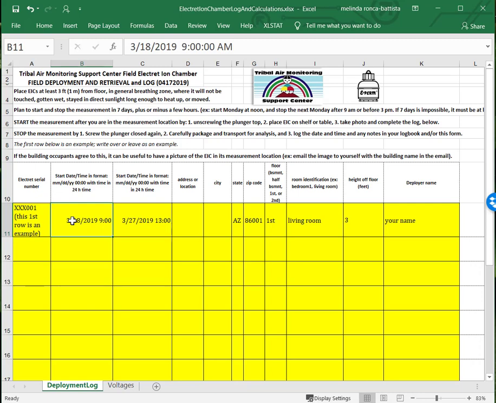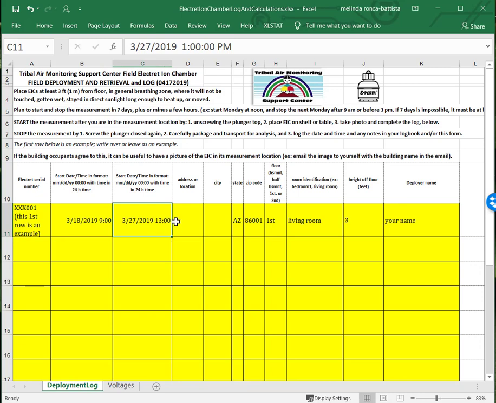this information down in your logbook or even take a printed copy of this, but then when you're back in your office, enter the start date and time, and you have to enter it in this format, March 18th, the year, and then a space, and then the time, and then when the measurement is stopped, the date and the time as well. And you can see it has to be in 24-hour format, so 1 o'clock in the afternoon